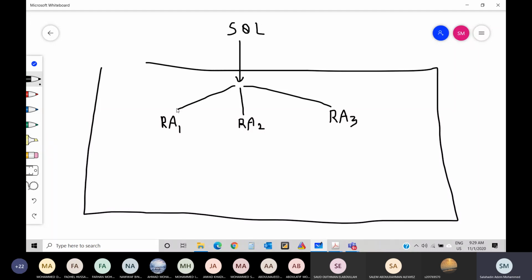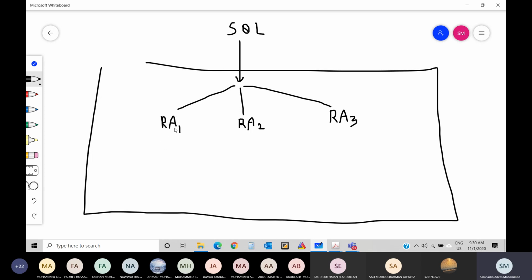Now, each relational algebra is implemented using C language. In fact, each one of them can be implemented in many different C implementations. What do I mean by C implementation? For example, let's take sorting algorithms. How many different implementations of sort do you know in ICS202? Or ICS201, I don't know. Like bubble sort, quick sort, heap sort, and so on. Right? Yes. So for sorting, we can use different implementations. We can implement it in a different way. Some will implement it heap way, some will use quick sort, and so on.